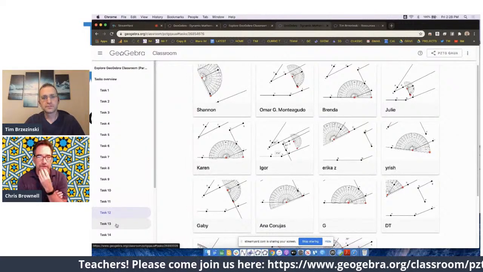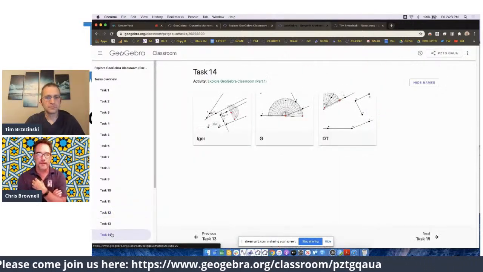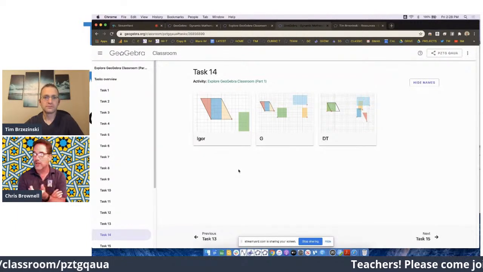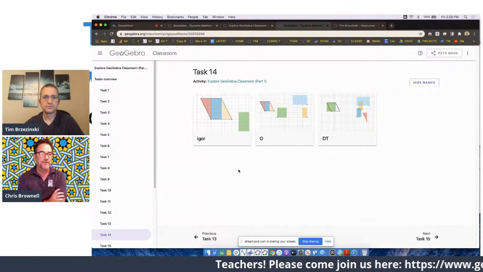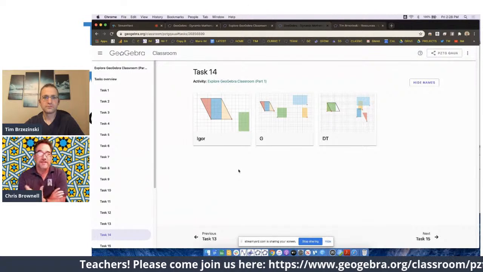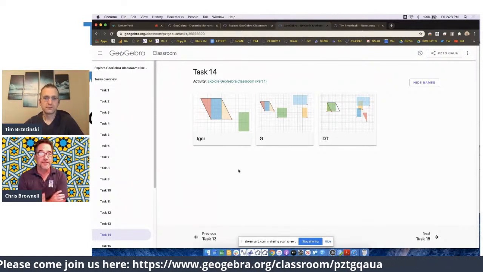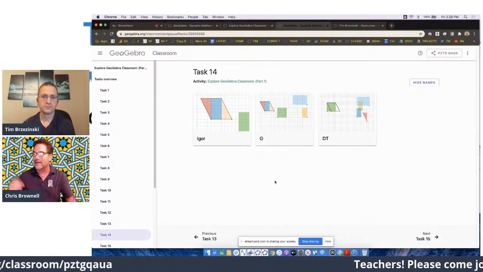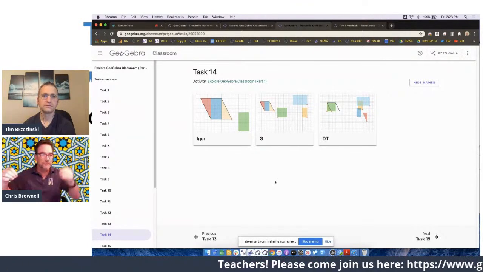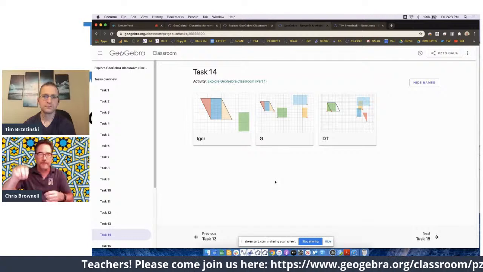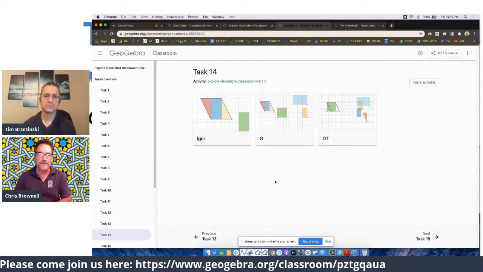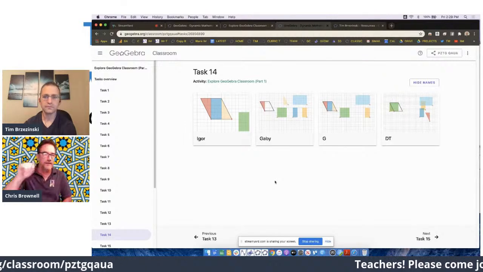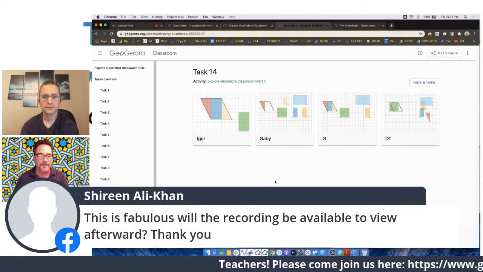I think it's important to note, at least for me, that an answer to that question as well is that everything you're demonstrating today was created essentially by a teacher who dove in and made things for themselves, except for the actual GeoGebra geometry tools that you've got linked back at task 12, where there's the toolbars that are placed in there.